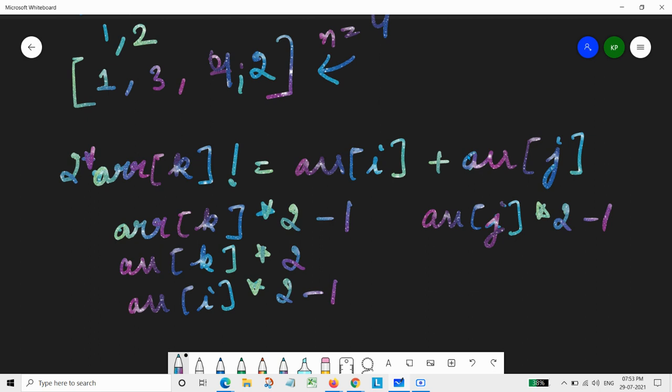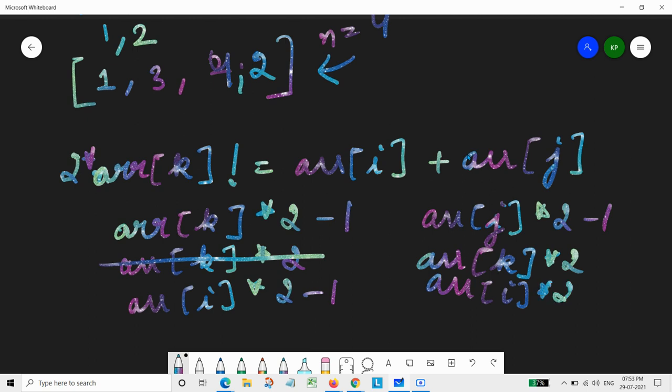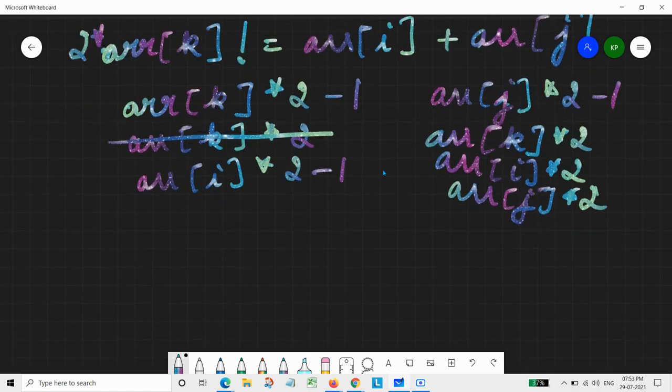So rather than doing it this way, basically we need to first find all the odd ones, and after that we need to find the even ones: array of i into 2, and then array of j into 2. Now whatever comes up with this will again be a beautiful array only.